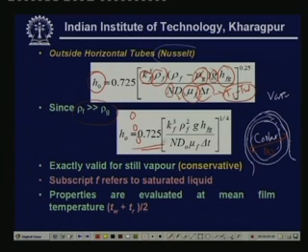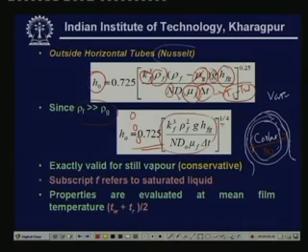h naught is 0.725 multiplied by this factor to the power of 1 by 4. This expression has been obtained analytically assuming that the vapor is still. That means the vapor is not moving, you have a condensing surface in a still vapor. But in actual case you find that there will be some vapor movement. That means the correlation suggested by Nusselt is a conservative correlation, because the heat transfer coefficient obtained by using this will be slightly smaller than the actual condensation heat transfer coefficient because of the movement